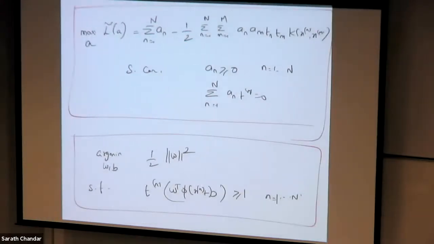Maybe let me zoom out a bit. So this is the problem that we started with, and this is the problem that currently came up. We are going to call the first problem the primal problem.